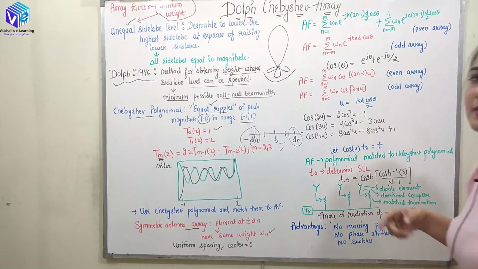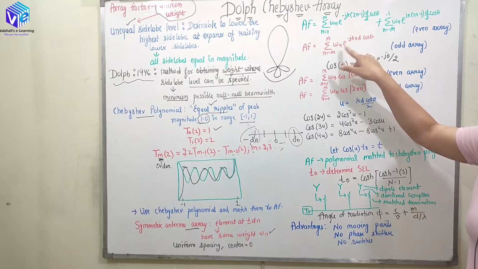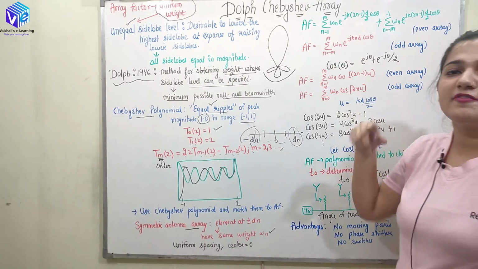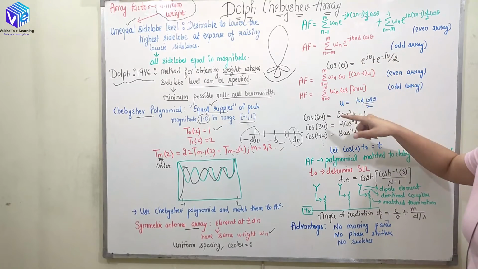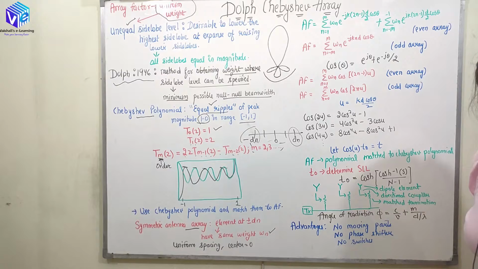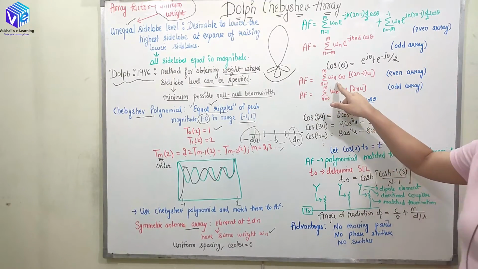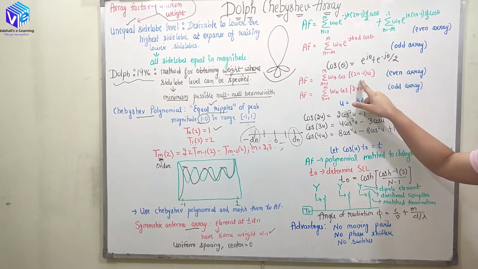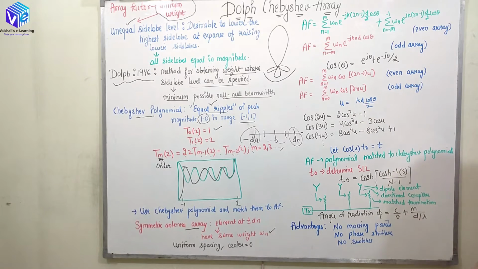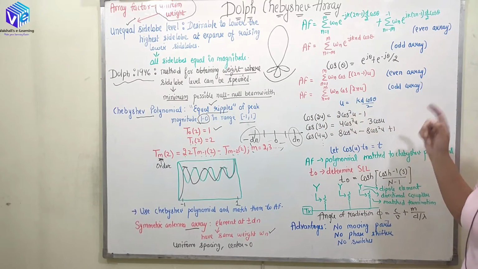Here the array factor is represented in the terms of e. So here we will be having e raised to power plus minus, and when I put n is equal to minus M, we will be having e raised to power plus M as well. So we can use this formula and I can represent it equal to cos of theta, right? So now array factor can be represented as n is equal to 1 to M, Wn cos of (2n minus 1) into u. So this is the representation for even array where u is equal to kd cos theta upon 2. Similarly for the odd array, we will be having array factor is equal to summation n is equal to 0 to M, Wn cos 2nu.